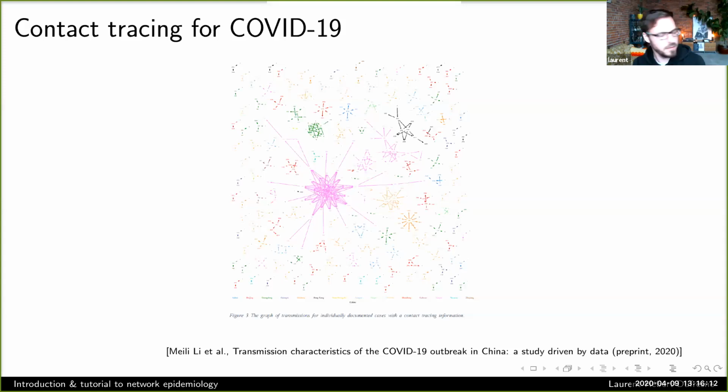I mean, I think we shared the slides, so someone might be able to see that easily. At the bottom of the plot, you have the color code. The color here means which province this transmission occurred in, and I'm trying to read what the pink province on the right is, but I can't quite make it out. Black, for example, is Hong Kong, red is Beijing. I'm not sure what the pink one is, but it's a particular province that just happened to have a super spreading event. I think it says Beijing.